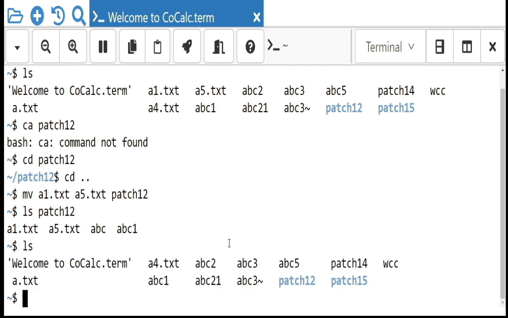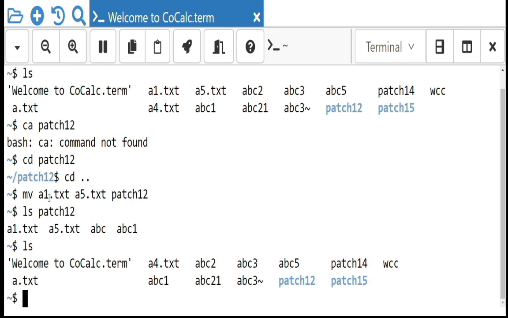So you can ask the question, what is the difference between move and copy? What is the copy command performing? It is copying the content from one file to another, and moving a file, it is just moving, meaning the complete file will be moved from the source path to the destination.